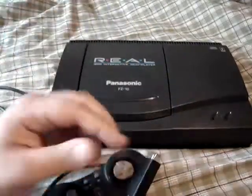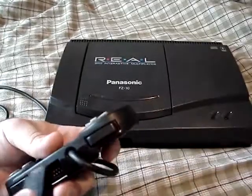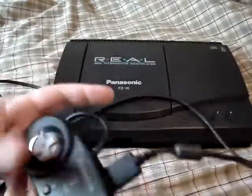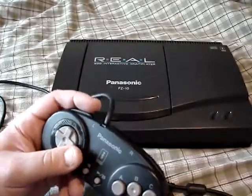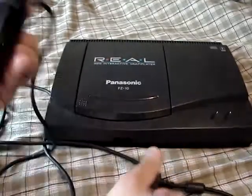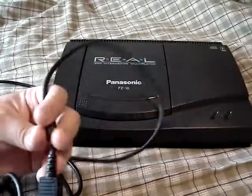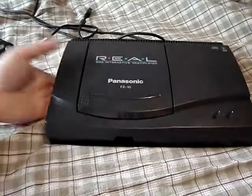Here is the problem. At least with this particular controller, these ports are surprisingly heavy. And when you put one in there, it essentially makes the controller top heavy. I'm sure after a while you'll get used to it, but say you were playing 3DO games a lot, and you're used to how the weight was, when you add this to it, it actually makes it a lot more top heavy, and it doesn't help that you have essentially 2 cables running out of it, making it heavier. But anyway,